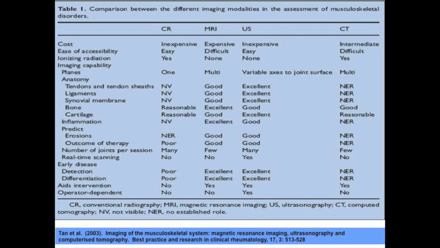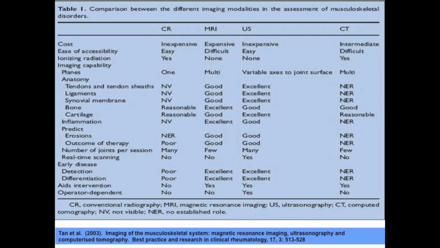And in this table, Eileen provides a really nice summary of the benefits of imaging, the potential risks, and also the indications of where one imaging modality may be better than another. So CR stands for conventional radiography, so X-rays, MRI for magnetic resonance imaging, US for ultrasound, and CT for computed